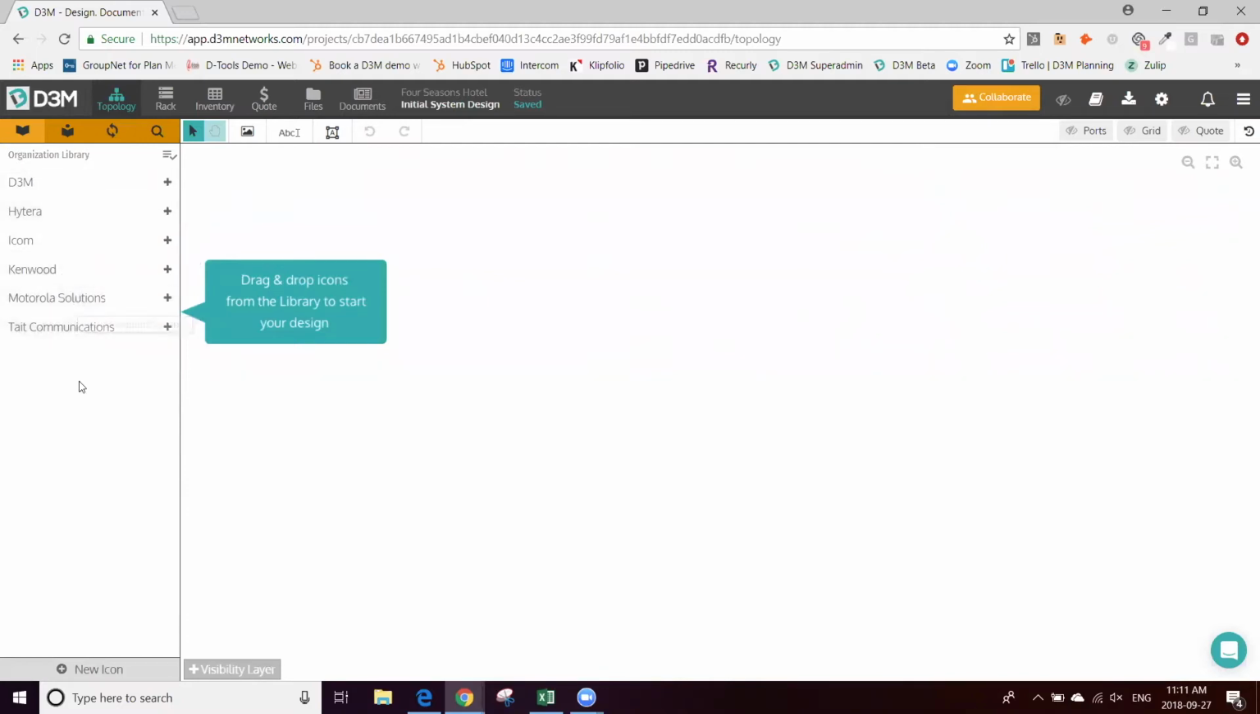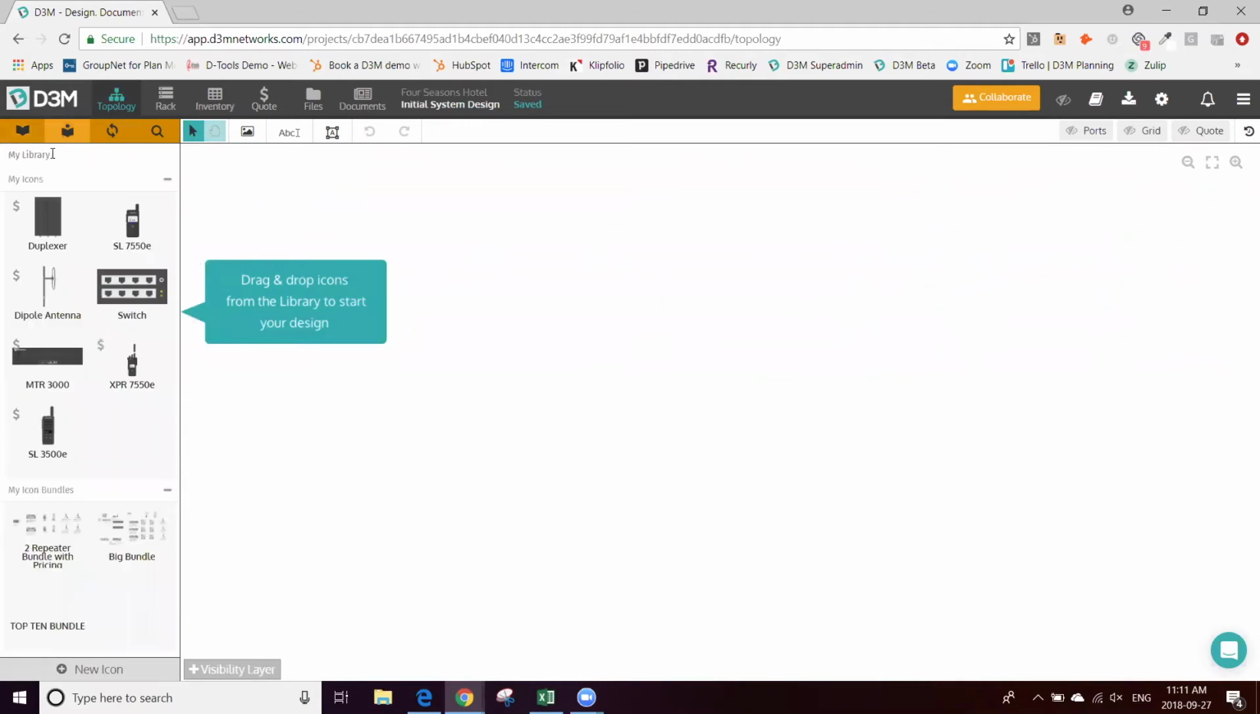libraries. So everything that you need, anything that you need to build the devices that you sell, is listed right there, easily accessible. We have as well my library. This is where I keep my own devices, things that I saved to my library. So I have, for example, a duplexer here that I'll bring out,